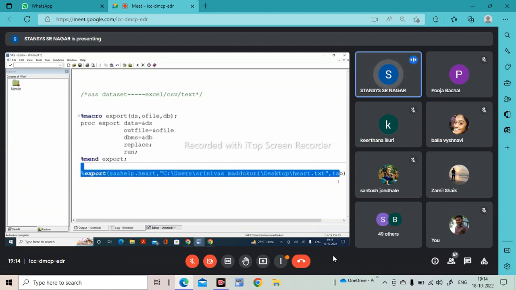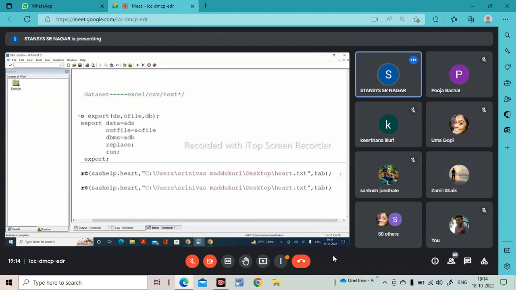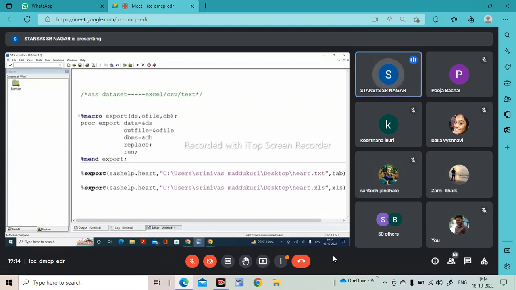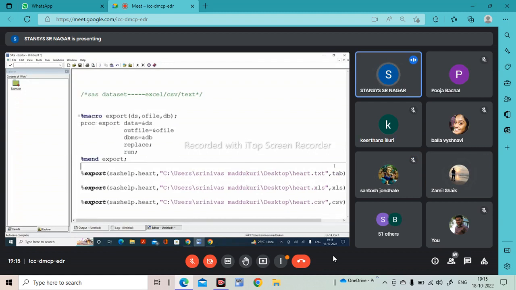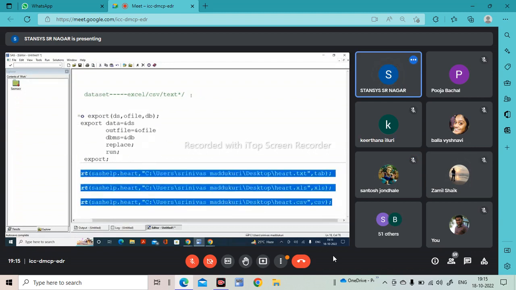Now this time I want to export the same data set, SAS_help.heart, as heart.xls. In that scenario, what DBMS should we write? XLS. Now this time I want to export as a CSV file. If you want to export as a CSV file, we should have .csv, and the DBMS is going to be CSV. Now if I select the 3 lines and execute all 3 lines, on my desktop